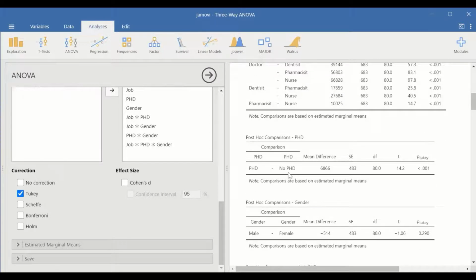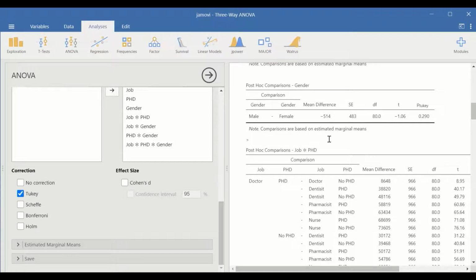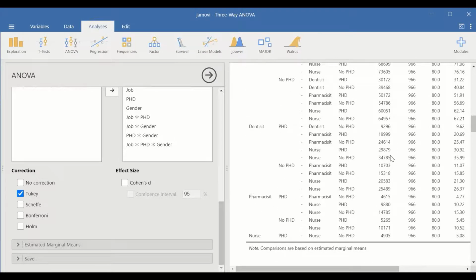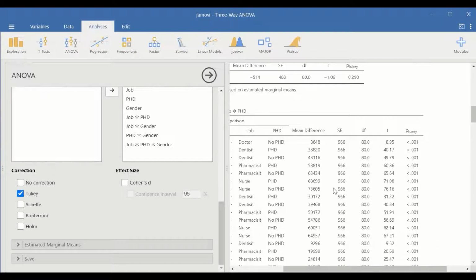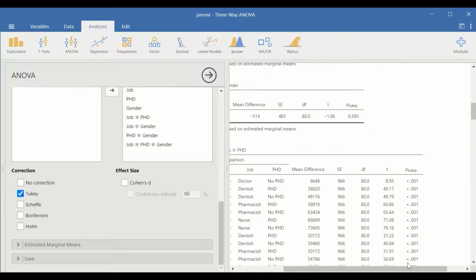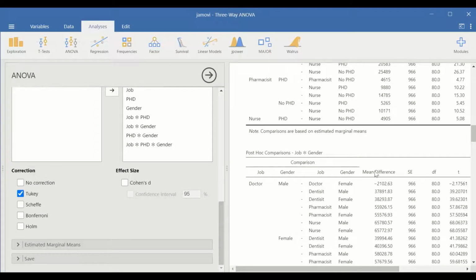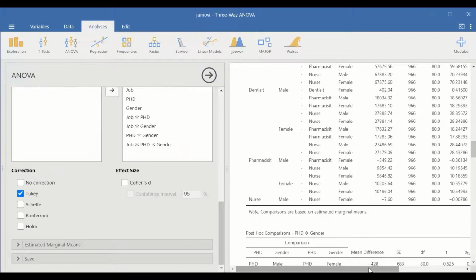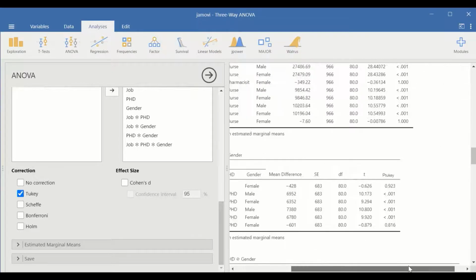For the PhD, there are only 2 levels, already calculated, and for gender, again 2 levels, and it has been calculated previously. For the interaction, again it becomes more complex, but you could go for doctor with PhD and doctor without a PhD and determine the p-value, whether it is significant or not. And for the interaction between job and gender, the same. Things are getting more complicated. And for PhD and gender, again,